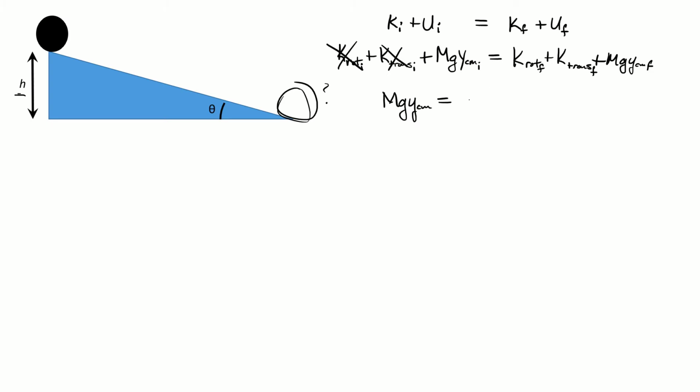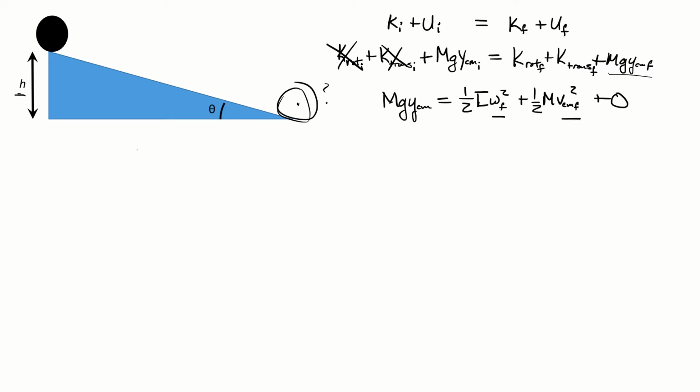At the end, well, it's moving now. So we have 1/2 I omega squared plus 1/2 m v center of mass squared, and again, final. And now that we're at the bottom, we can define our 0 to be the center of mass there. This is going to be 0, so it's plus 0. Now, normally, if we didn't discuss those equations of constraint we had, we're kind of sunk because we have 2 unknowns and only this one equation.